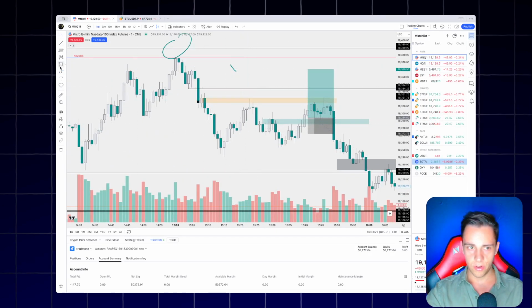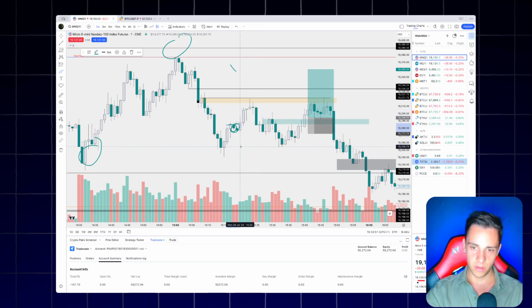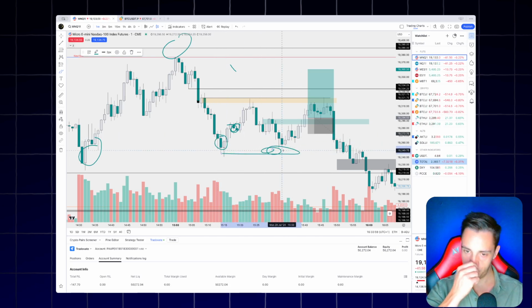Initially, I wanted to long on this order block right here after the sweep on this low and the bounce on this order block. I wanted to long that over here, and I wasn't on time. I wasn't fast enough after the close of this candle, and price ended up going to this order block which I had marked. And I said, okay, if we have a reaction from this, that means the price is still bearish. So I'm going to wait for it to either respect this order block right here or potentially sell off these lows and go even lower.